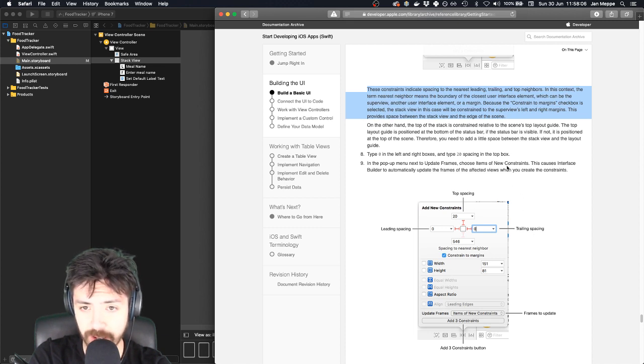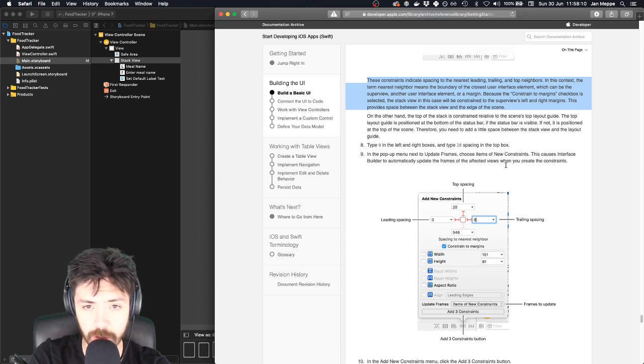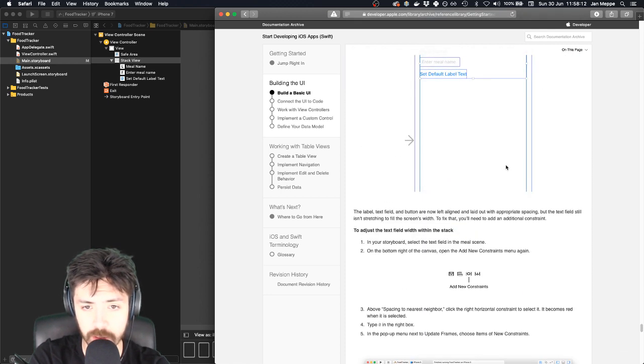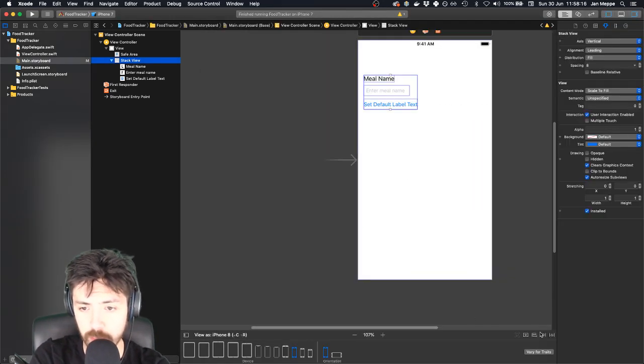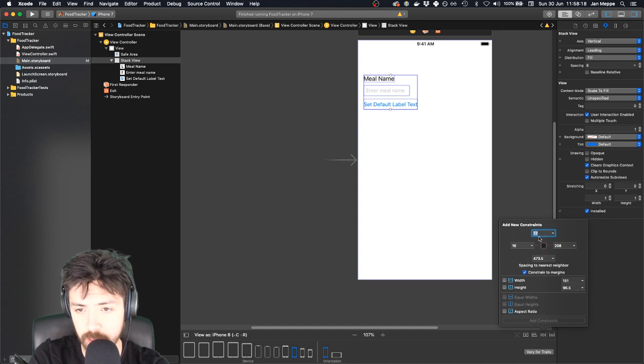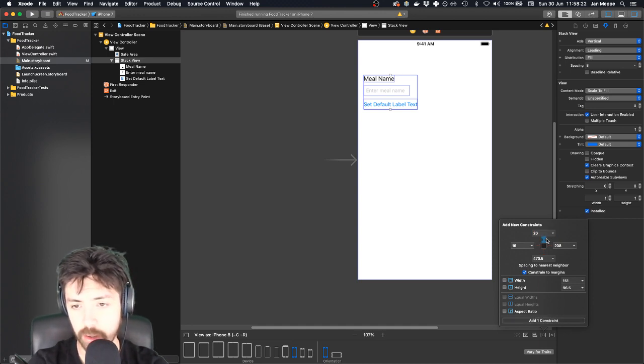Update frames, items of new constraints. This causes the interface builder to automatically update the frames. Okay. All right. So let's do that. So that's gonna be 20. So you want this on. I messed up here. On. 20, 0, 0. And then